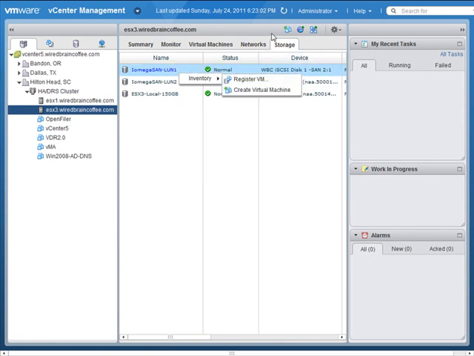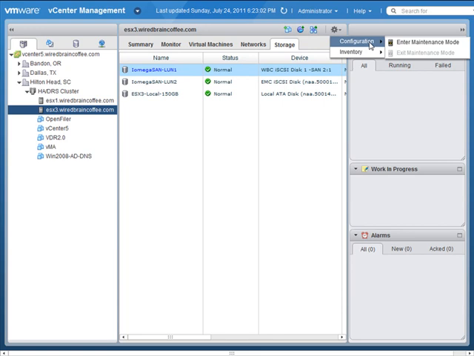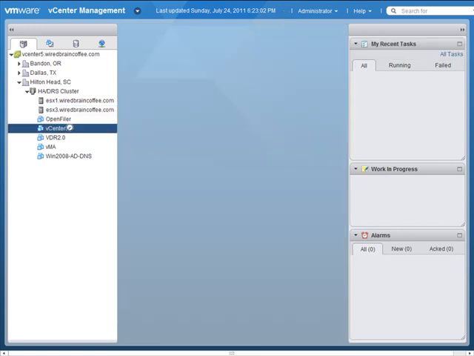Up here on the top, you notice I can opt to create a new virtual machine, a new resource pool, a new vApp, and even perform configuration on the host, such as entering maintenance mode. If we go to a virtual machine in the virtual infrastructure,